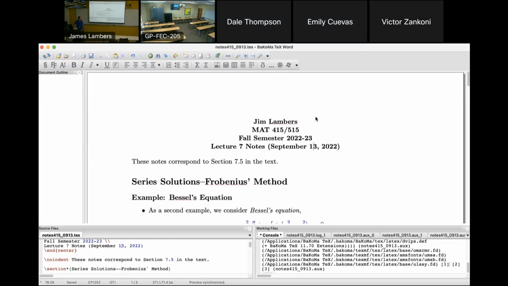So I don't have a ton to cover today. I'm going to finish the section I started last time on the Frobenius method. I have one more example to go through and one more bit of stuff about regular singular points. But first, a quick